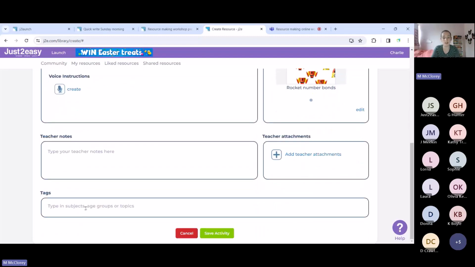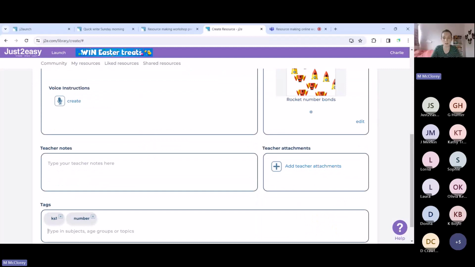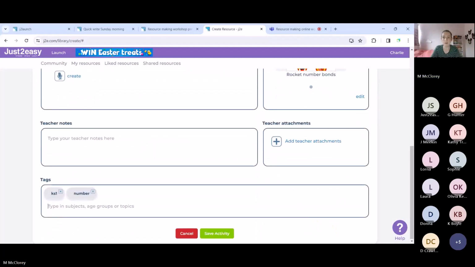So I might add things like Key Stage 1. I might add things like number. Don't think I need to add anything that's in the title. And then when I'm done, I'm going to save the activity. So again,